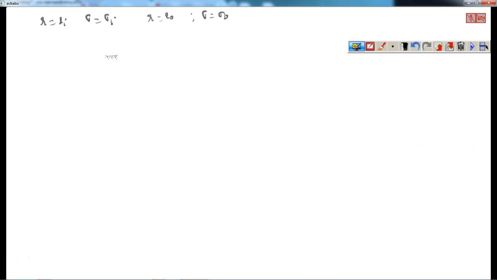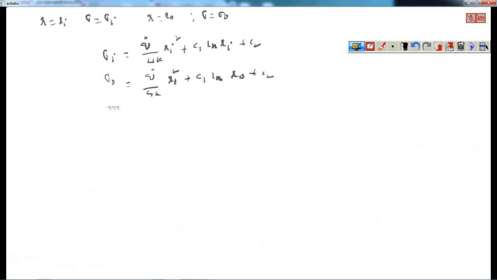First equation: Ti equals q dot by 4k times ri square plus c1 ln ri plus c2, and T0 equals q dot by 4k times ro square plus c1 ln ro plus c2, right? When you subtract equation 1 and 2, c2 is going to get cancelled. Then, when you subtract equation one, c1 ln r0 by ri